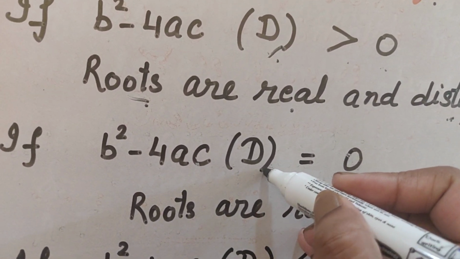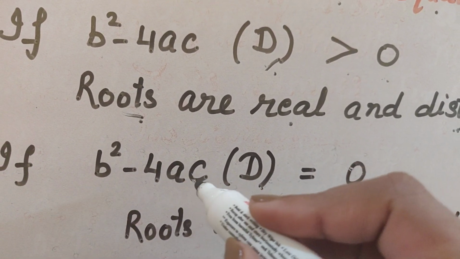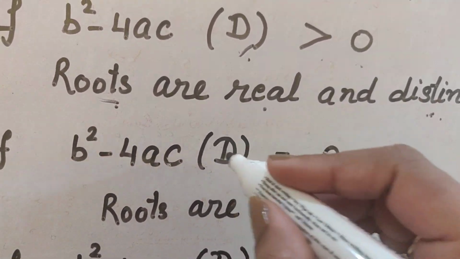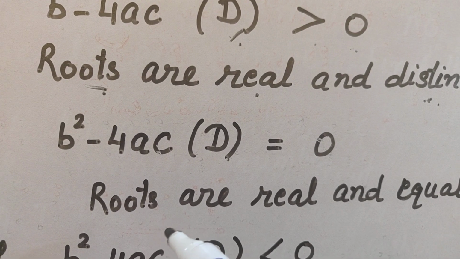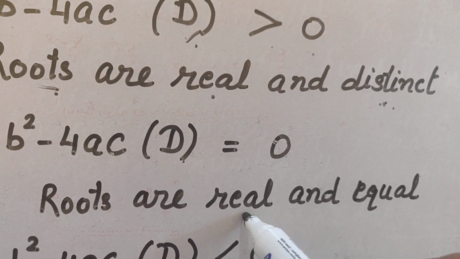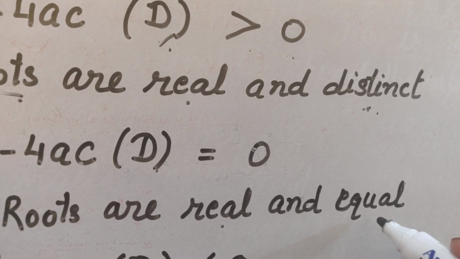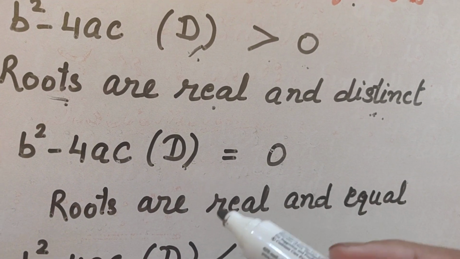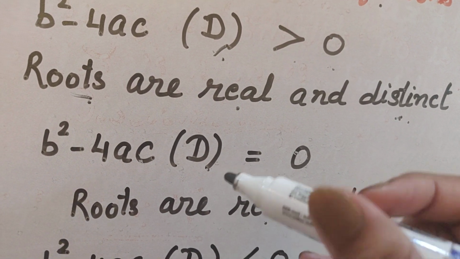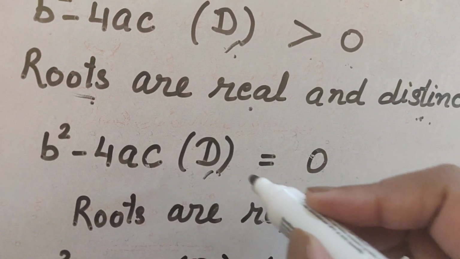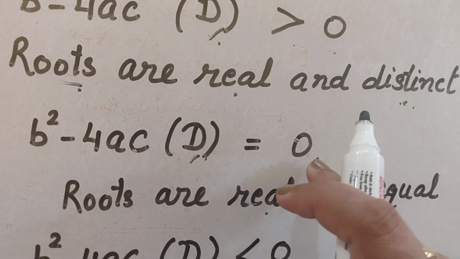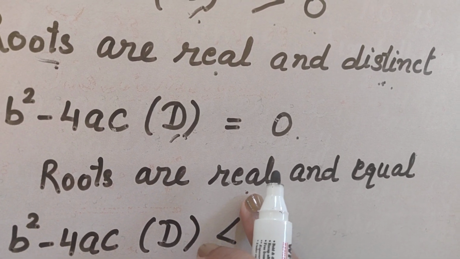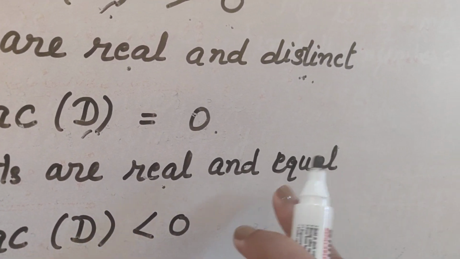But if your D, discriminant, or you may say b square minus 4ac, is equal to 0, you have found D and you are getting it equal to 0, that would mean that your roots are real and they are equal. You must have noticed in some questions of exercise 4.3 that both the answers were same. You may check there, when the answers are same, there your D is equal to 0. So when D is 0, roots means the answer, the value of the variable, you get a real number and equal. Both the answers are same.